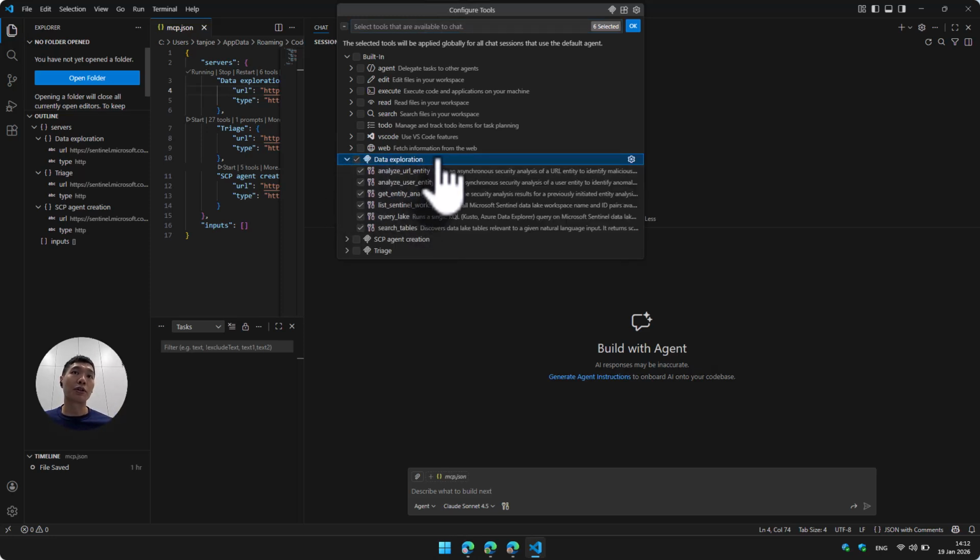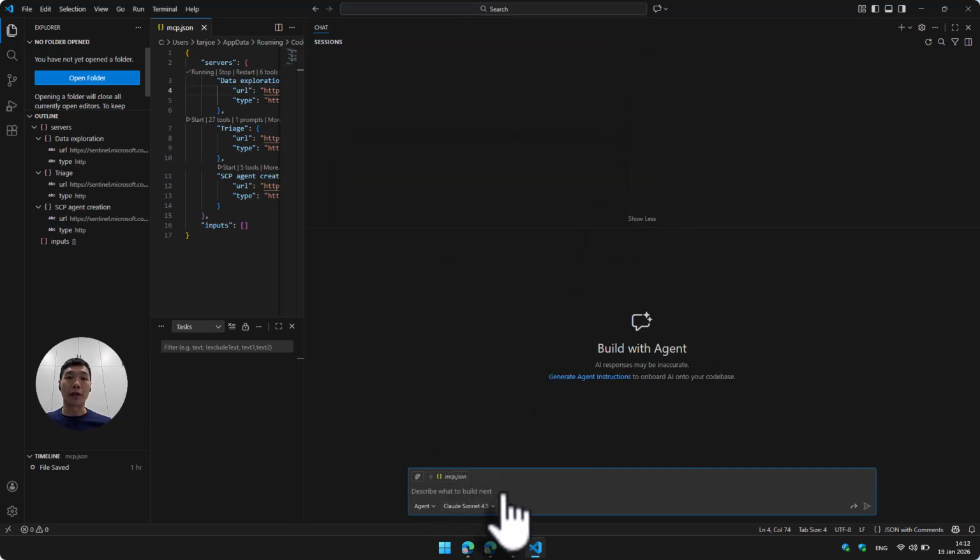Within the data exploration collection itself, it comes with various tools. Most of the time, we will actually be looking at listing workspaces and running query on the data lake. There are some useful ones like analyzing user entity and URL entity as well. Let's take a quick look at the previous incident that we were looking at. Let's say check incident